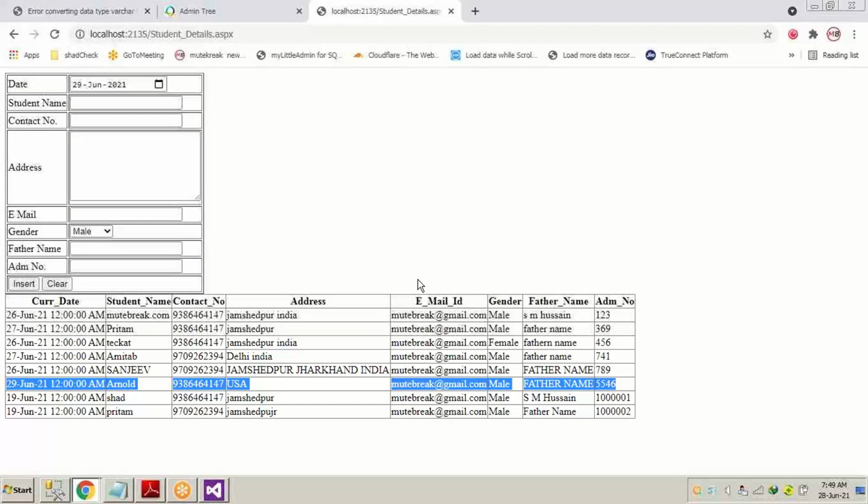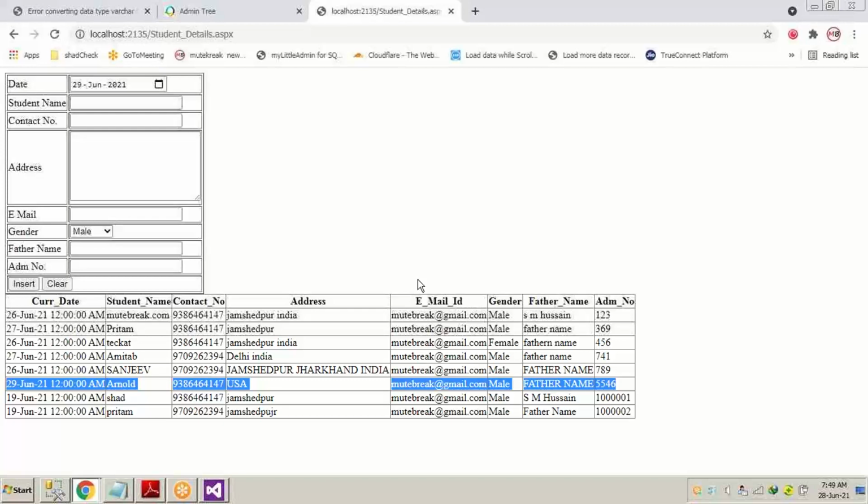Suppose somebody has written some wrong record, some spelling mistakes. There might be some date mistake, there might be some gender mistake. So after saving any record, if we want to update or modify that particular record, we have to do it with the update button.